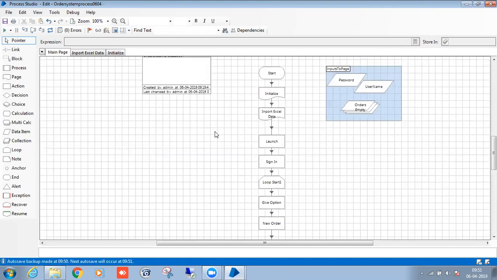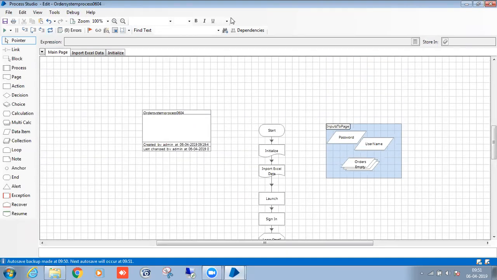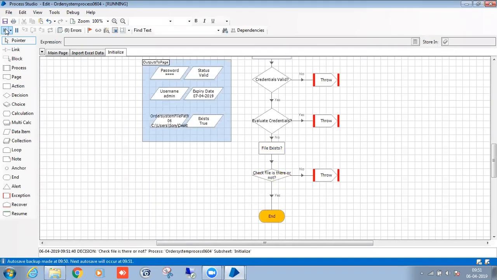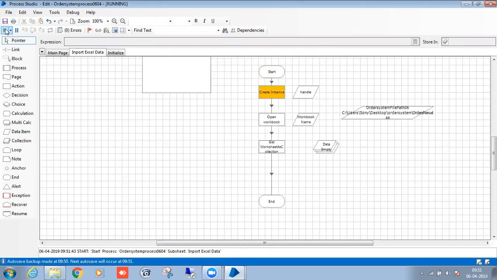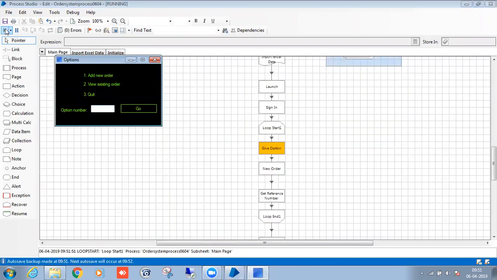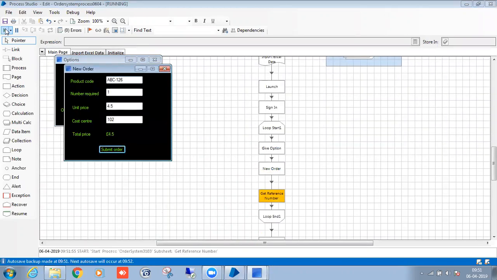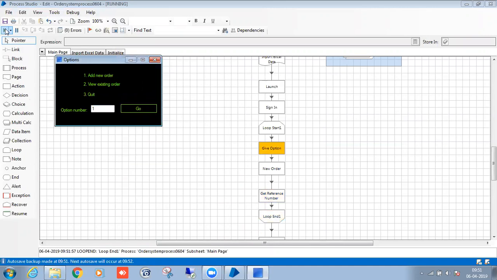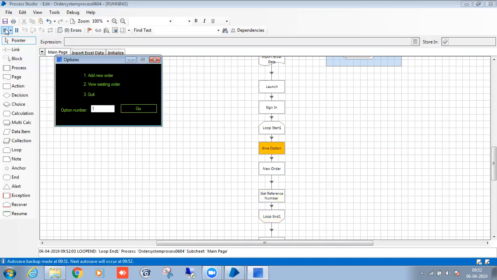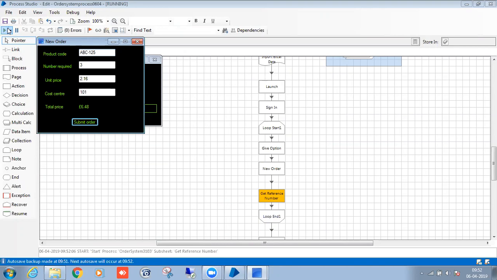Right? Start. See, every order is taken.